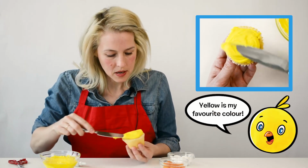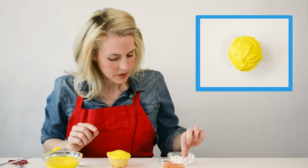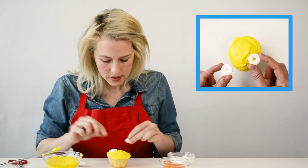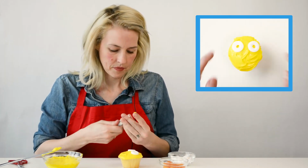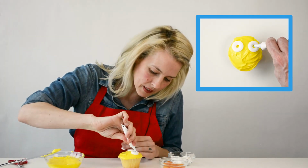to make Chirp's round head, and then we want to add his eyes. So you take 2 round candies, his eyes, add a little blue icing in the middle,